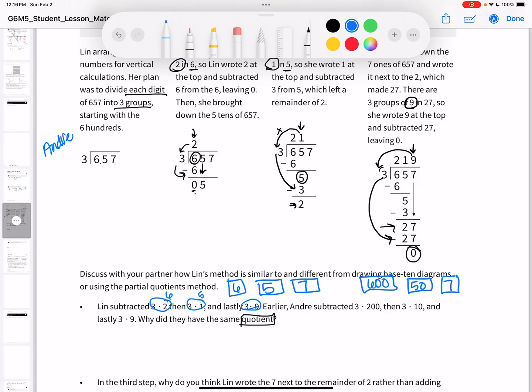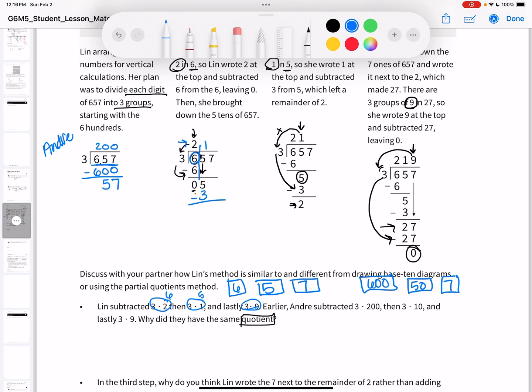So like this. Andre said 3 times 200, whereas Lynn only said 3 times 2, because Andre was looking at this as 600, whereas Lynn was only looking at the 6, as just like 6 ones almost. And Lynn only subtracted from the digit 6, whereas Andre did 3 times 200, which is 600, and subtracted from the whole number, right, to get 57. Then Lynn did 3 times 1 to get 3,